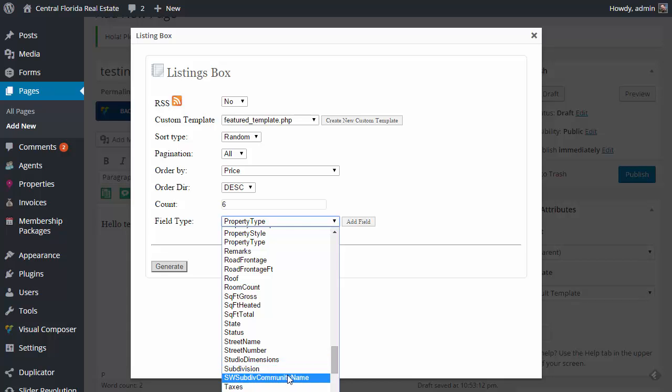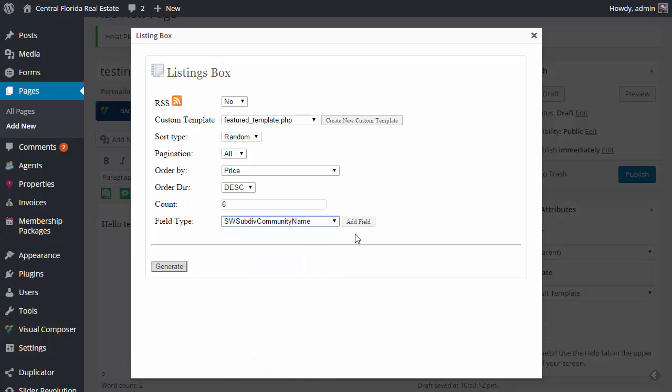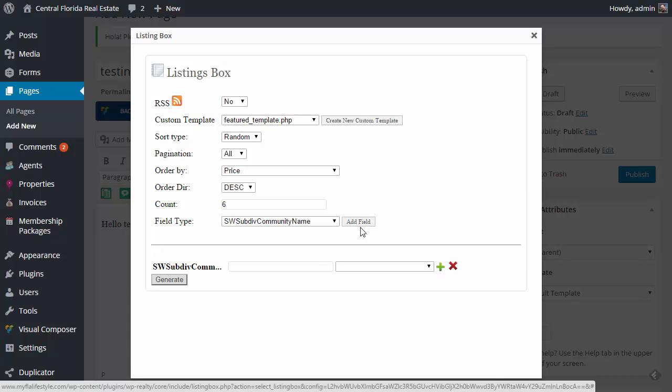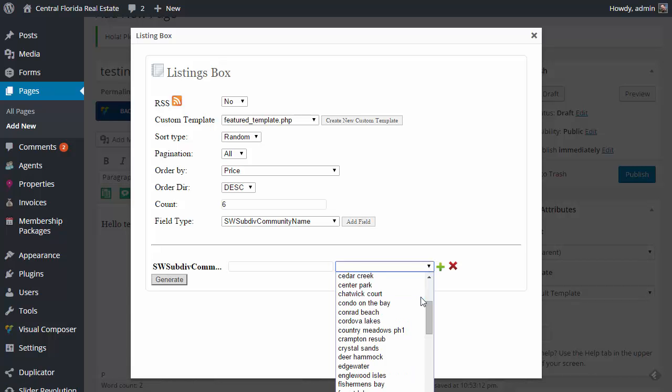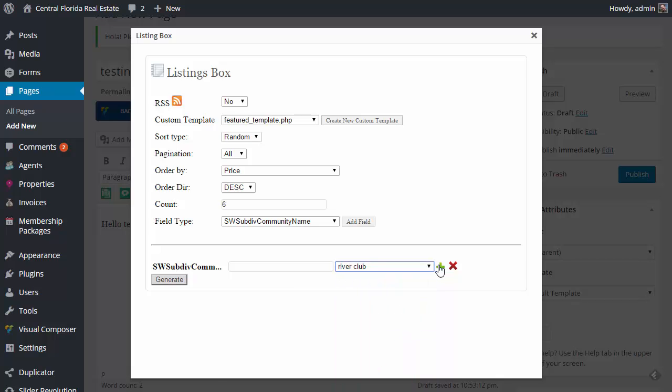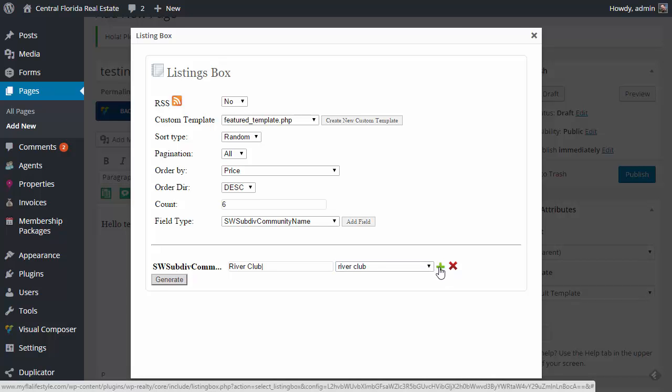Subdivision. Oh, we have community name. So let's try both of these and see which one it is. All right, so we're going to go ahead and just select a community. You have to always hit the green plus to actually add that name over here. And so we're just going to do just a community, just 6 listings,